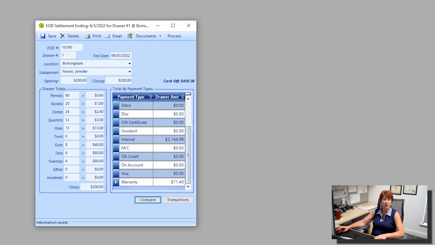All right, we're ready to process this end of day. So I'm going to click on the process button in the upper right corner. You now see this end of day has been processed. The next part is to actually post it into QuickBooks. So I'm going to close this for now